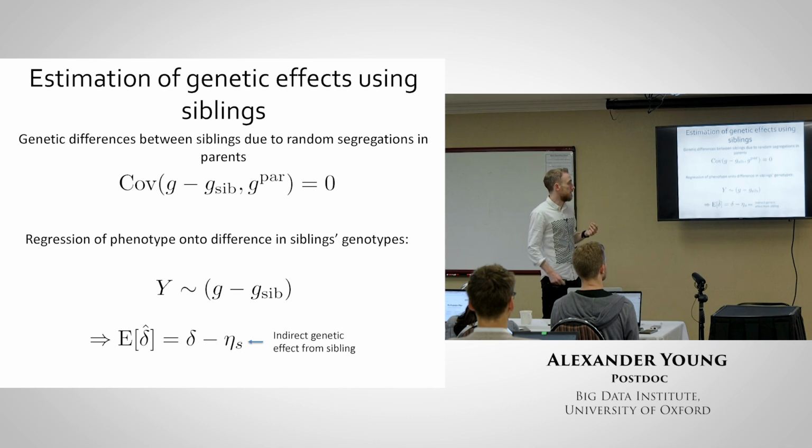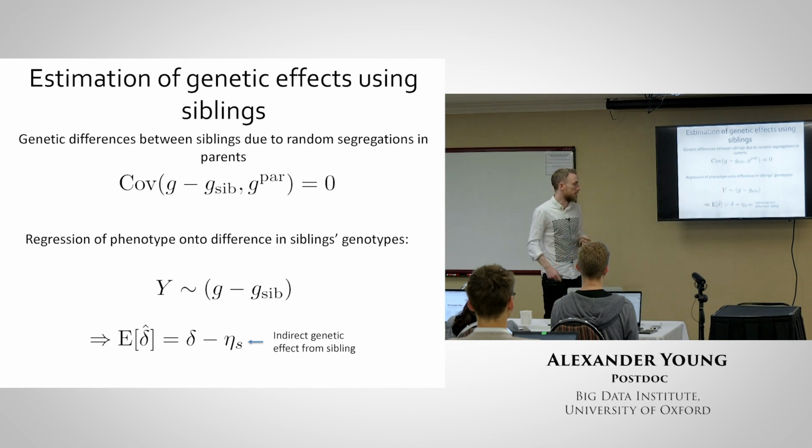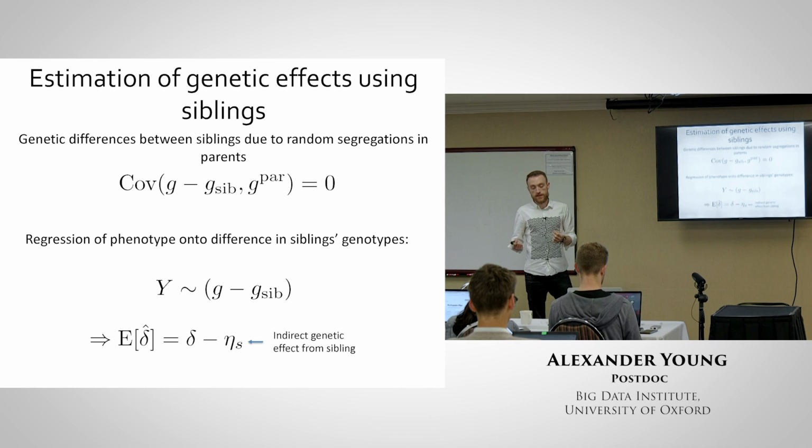So if you regress the phenotype onto the difference in the siblings' genotypes, that will give you something close to an unbiased estimate of the direct effect. Sometimes people regress the difference of the sib genotypes onto the difference in the genotypes, but it's not necessary. You can also regress phenotype onto the genotype minus the sib genotype to get the same expected estimate. However, because you're subtracting the sib genotype, if the sib genotype is